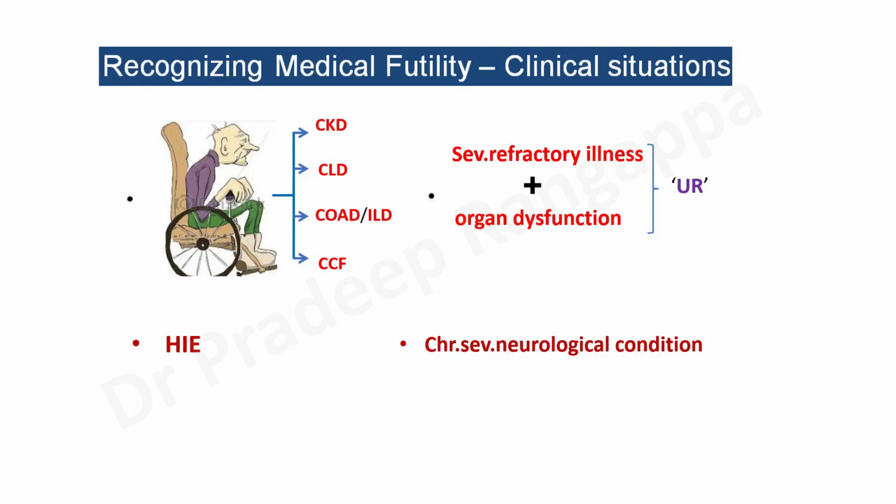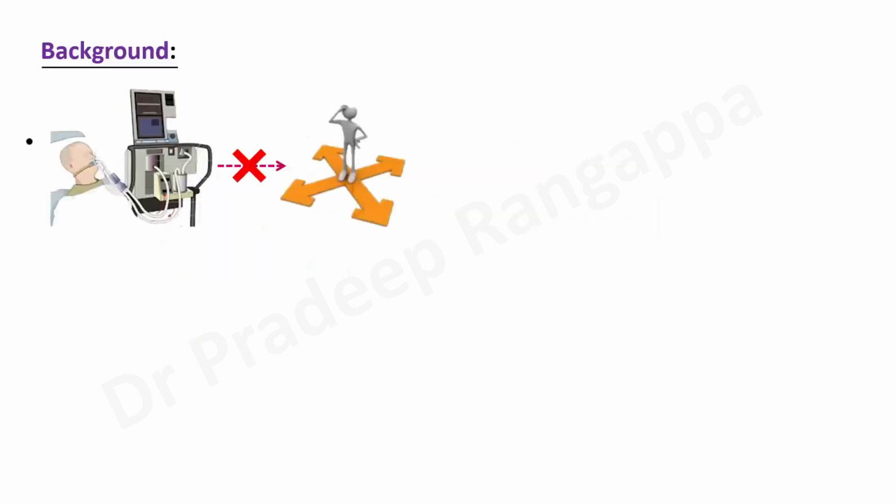And these are some of the futile conditions, or chronic progressive degenerative neurological conditions like Parkinson's, dementia, or motor neuron disease, and so on and so forth, and metastatic cancer. These are some of the broader dimensions where one could relate to futility despite whatever support measures one would institute. This is something which most intensivists would relate to, and any other condition where you know for sure that survival is not going to happen.